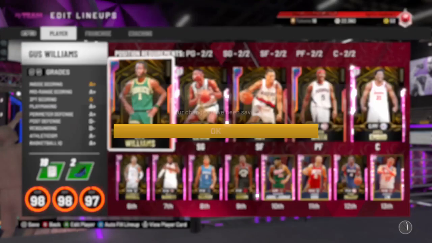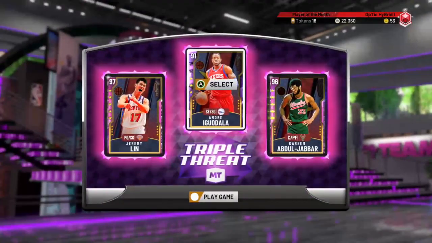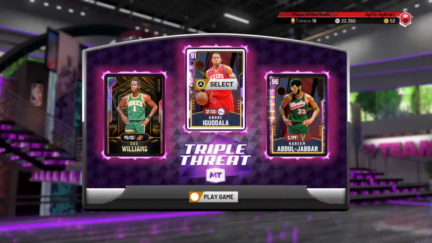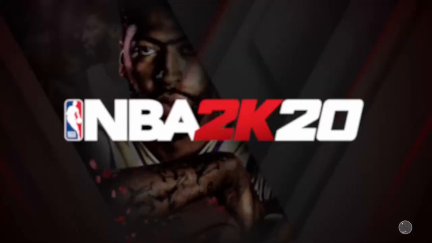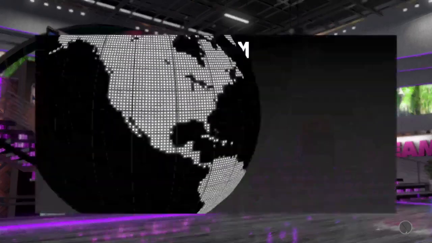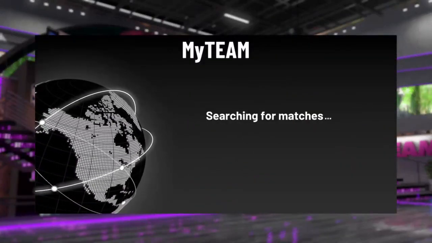I'm going to get into a multiplayer Triple Threat Online match, and I'm going to use both of these cards. So Gus Williams, and where is he? Fred Brown. Now I'm going to just have them both in the game so I can try to show you their strengths and weaknesses, and I'm not just going to be talking about the cards. You guys are going to actually get to see how each of them performs in game. And it's pretty interesting because